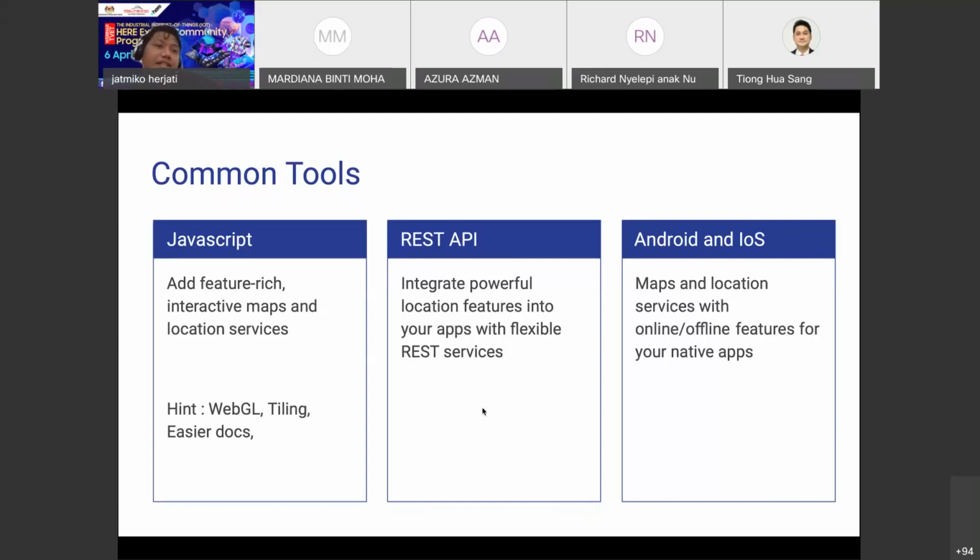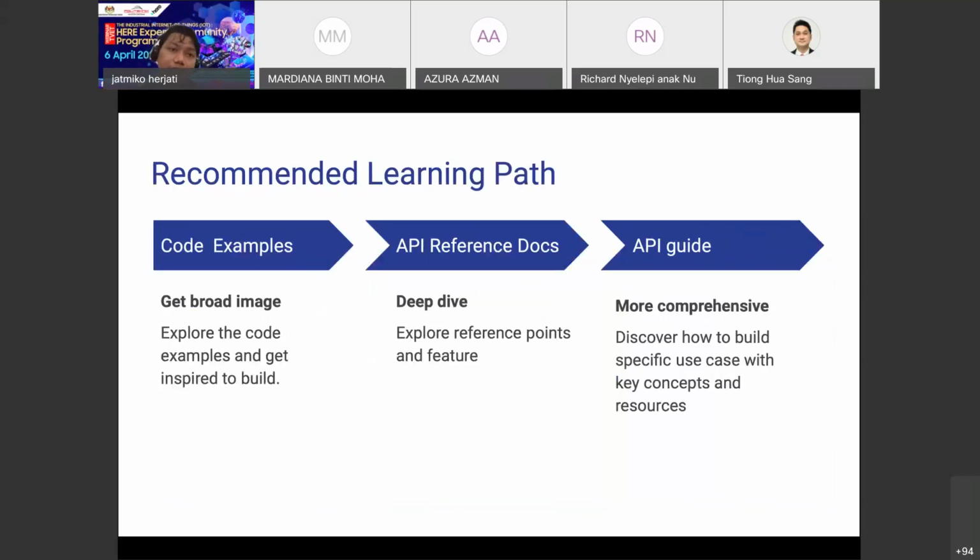Okay, that is about JavaScript, REST API, Android, and iOS. The tool that I mainly use is this JavaScript API. Next, this is my recommendation for you guys to learn HERE Maps API for web development. Okay,